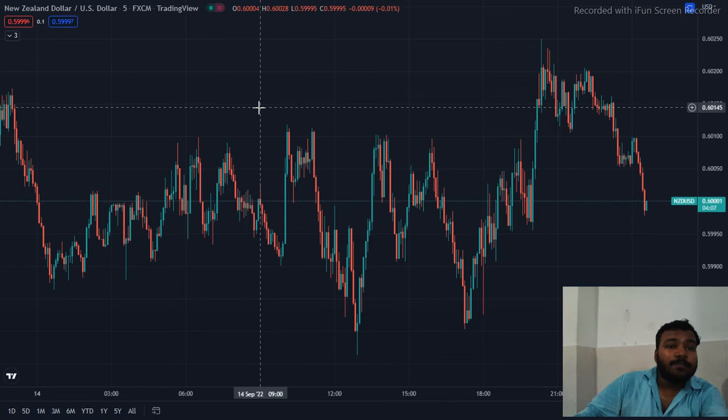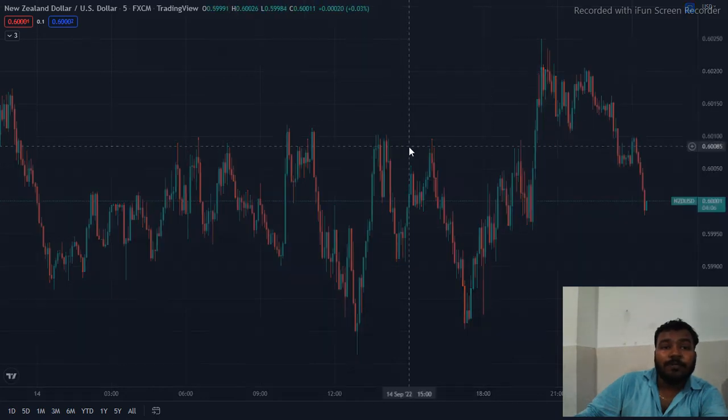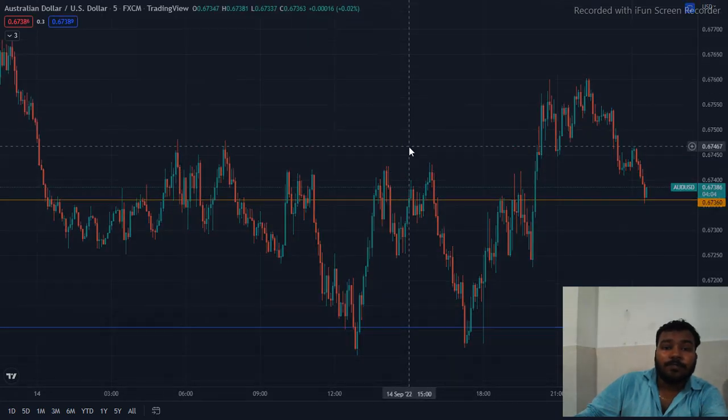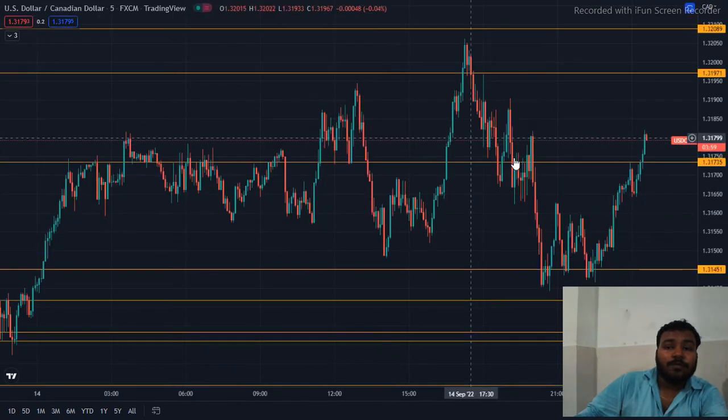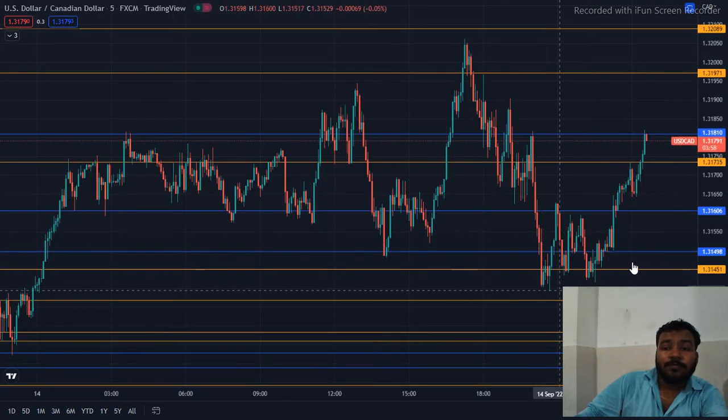Similarly, NZD USD also has the same pattern as AUD USD. Okay, USD Canadian dollar, see, this was the support level. It took a pullback from there and a good rally. All right,